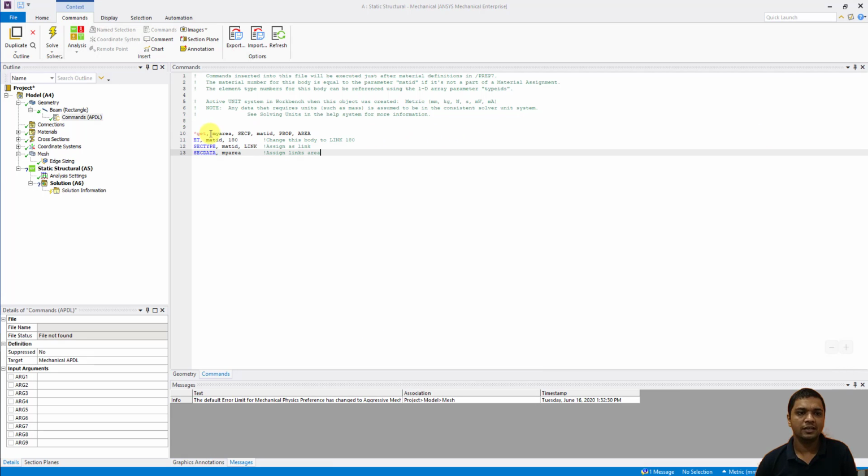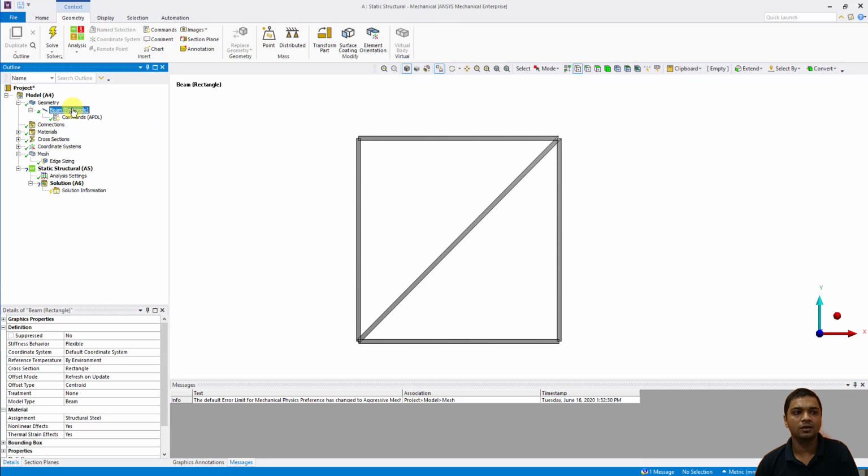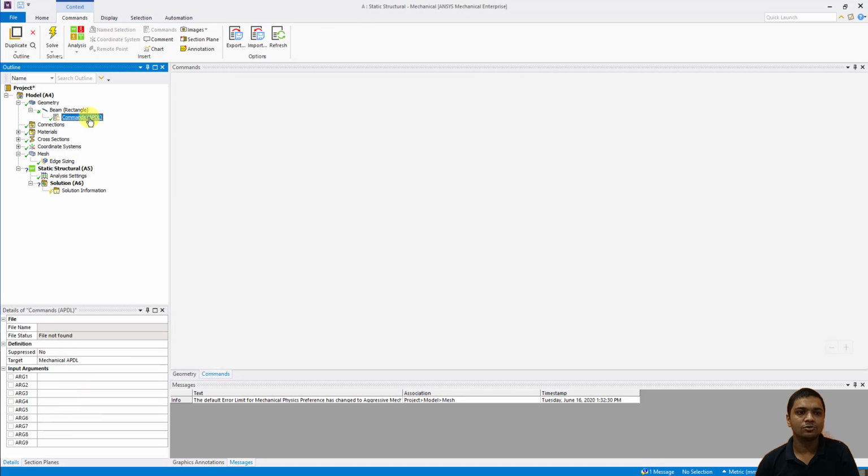So what it does, it takes the area and material ID of the beam element, then we'll convert this material ID of all that, because there is only a single beam and we don't have any other material ID, so we don't have to worry about it.